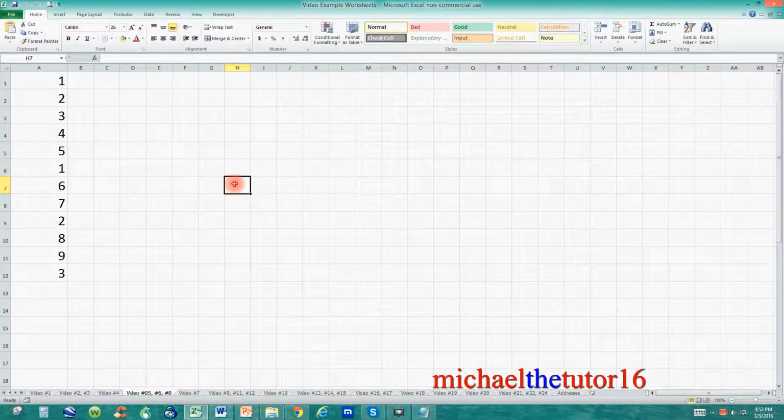As you can see, I've gone into Excel and I've entered some sample data in column A. I've got some duplicates within my numbers. I've got 2 number 1s, I've got 2 number 2s, and I've got 2 number 3s. And I want to remove these duplicates. Now, in a short range of data like this, it would be easy to do just by eyeballing it. But if you had a large set of data, you would want conditional formatting within Excel to do the work